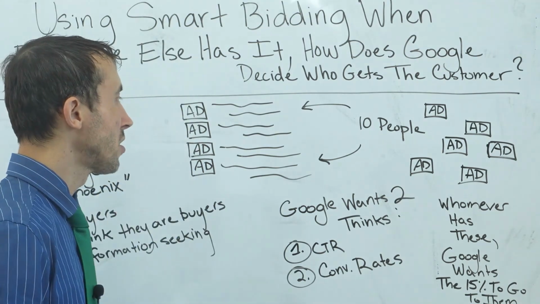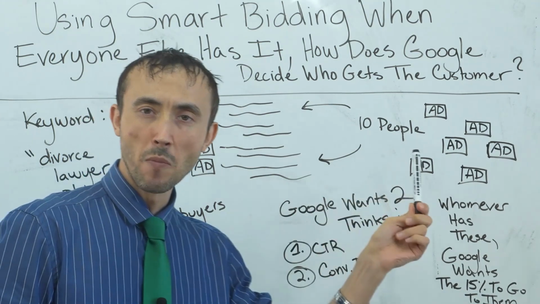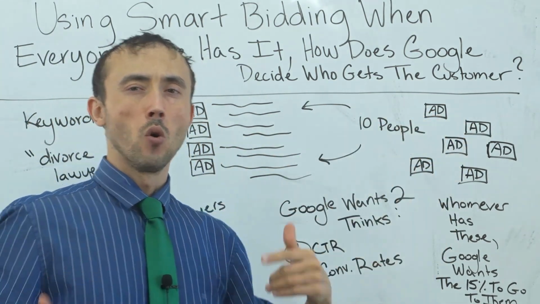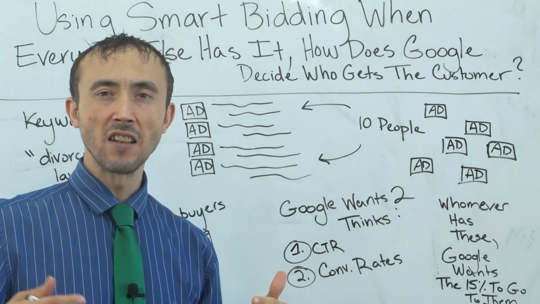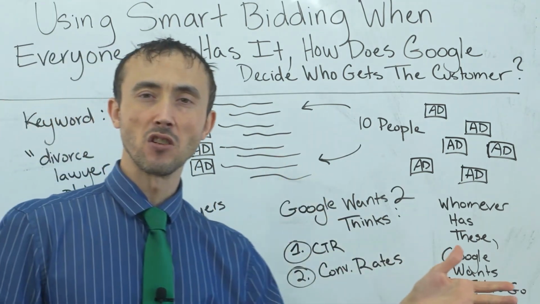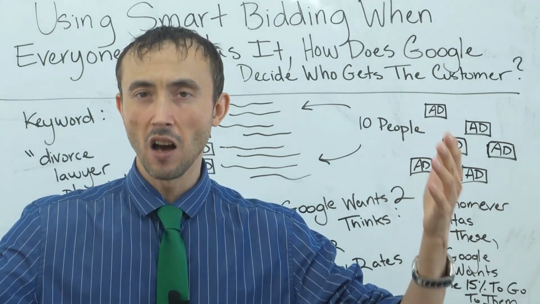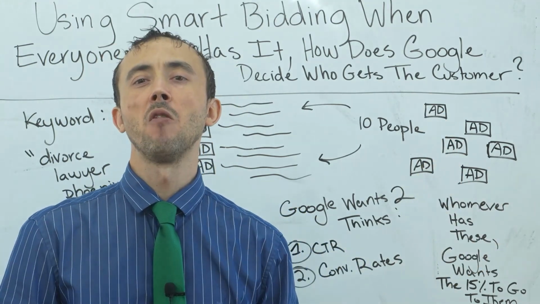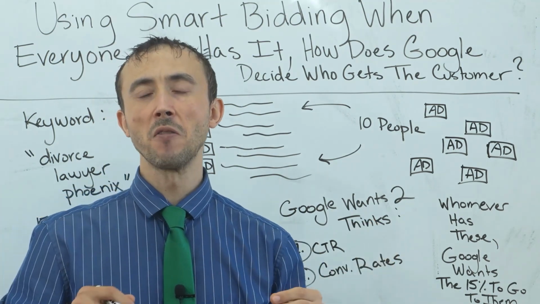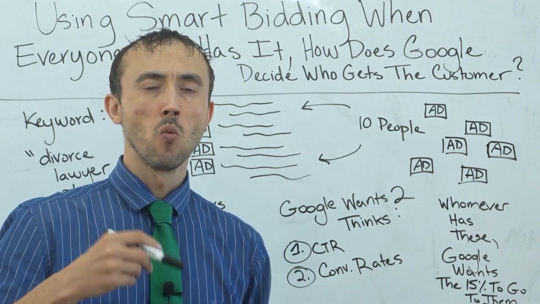And with everybody using smart bidding, the 8 to 10 people that are advertising for this keyword are using smart bidding, saying that they'll pay $100 for a customer. How does Google decide, is it your ad or one of the other 7 ads that show up in the first spot or in these 4 spots at all? Or is it one of the other advertisers that should show up, given everybody's saying to Google that they have the same goal? I want a lead and I want to pay XYZ amount for it. How do they decide one person gets it or the other person gets it? That's what I'm going to cover the mechanics on in today's video,